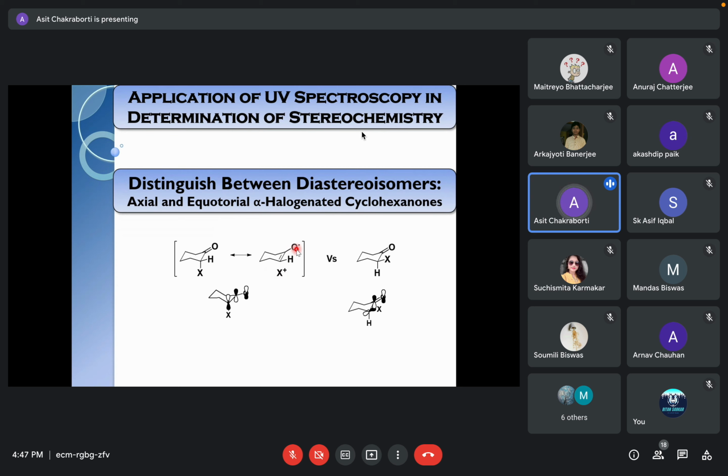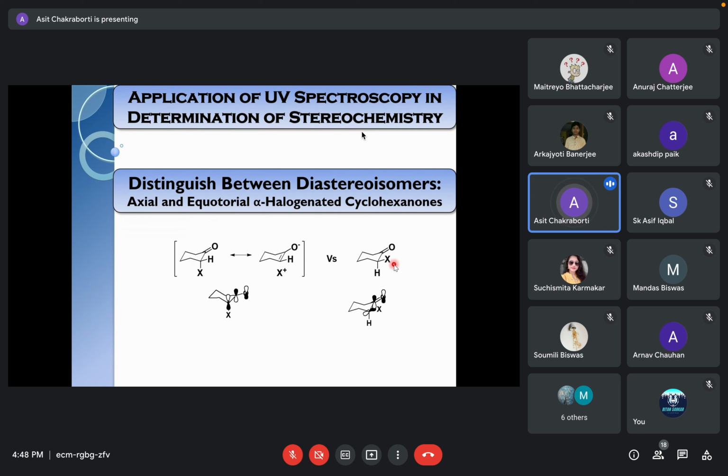In doing that, you are increasing the electron density of the oxygen. Increasing the electron density means you are increasing the intrinsic energy level of the n orbital. The same thing does not happen in the equatorial position. Why? To have this no-bond resonance requires orbital overlap. The pi orbital and the sigma antibonding orbital can very easily overlap, and due to this overlap, the conjugation becomes possible. It is only possible if the halogen is in an axial position.